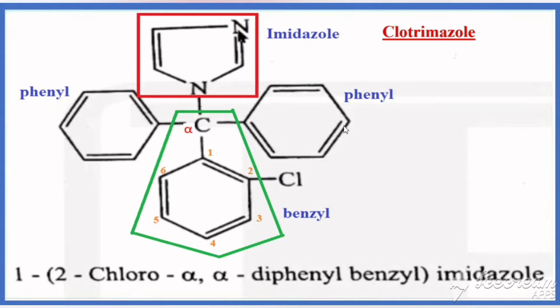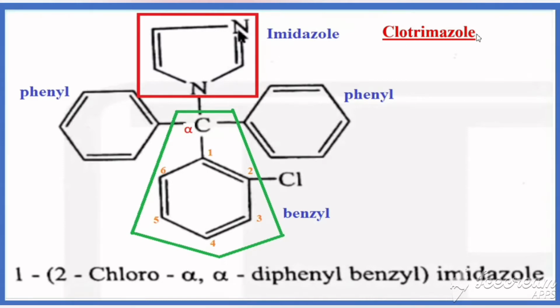Students, already we have seen two classes of antifungal agents. Now we are going to revise only the structures of synthetic antifungal agents. Already we have seen these drugs. The first drug coming under that is called clotrimazole.